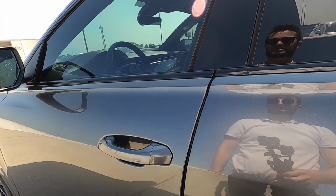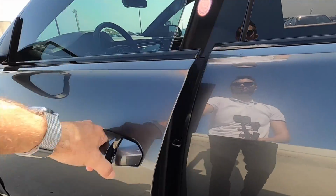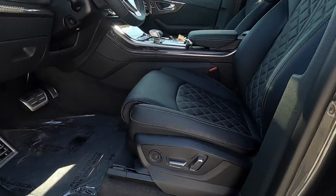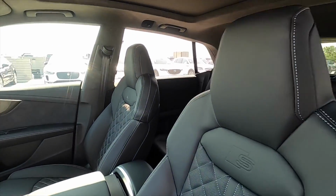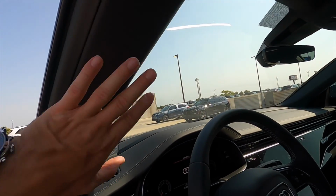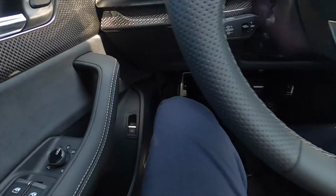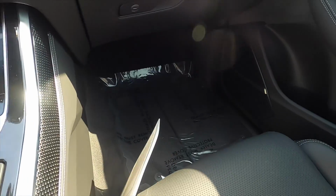Soft closed doors, because this is the Prestige package. Going into power seat adjustment, heated, massage, ventilated. We have the extended leather, which adds leather to the center here and on the dashboard, also giving an upgraded headliner. Headroom, not going to be an issue, nor is leg space. It's a deep footwell, it's wide, stainless steel pedals,